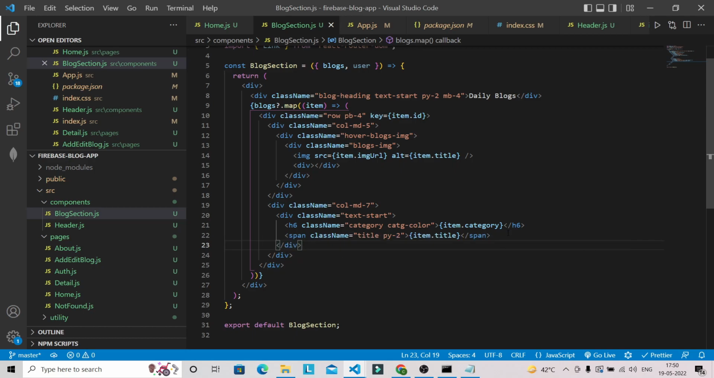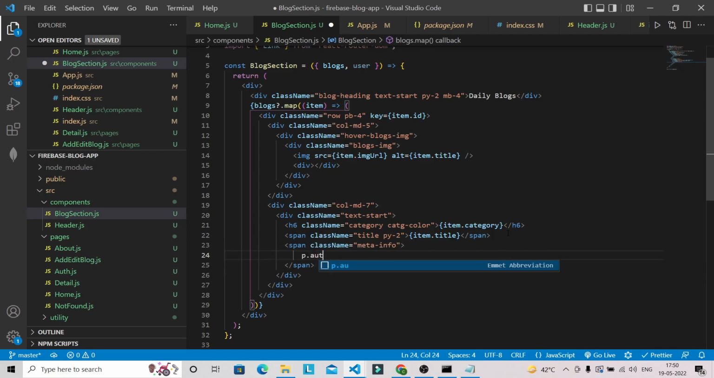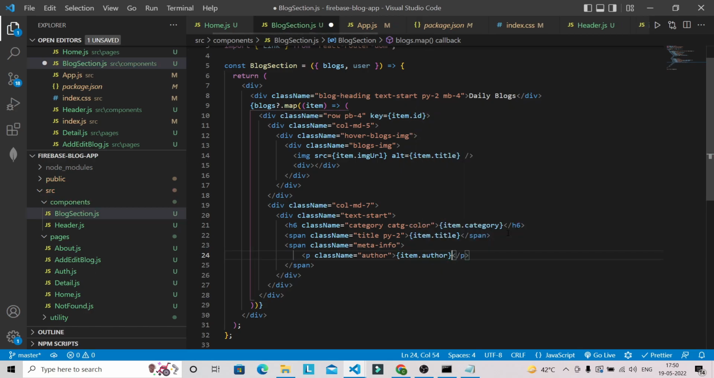And after this span tag we are going to have some more information about the blog, like author and when this blog is created. So we are going to have a span tag with the class name meta-info, and inside this span tag we are going to have a p tag with the class name author, and here we can have our author, like which person created this blog, and here we can have our blog creation date. So here we can use item.timestamp,